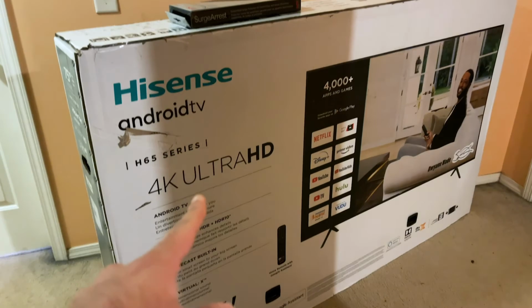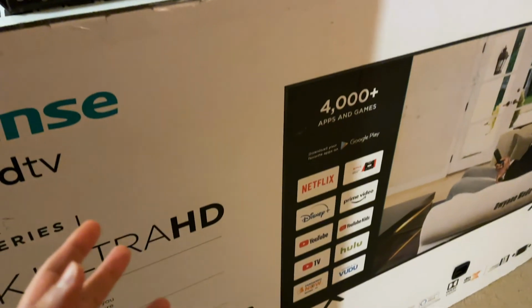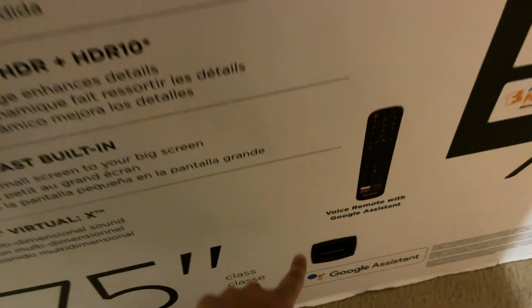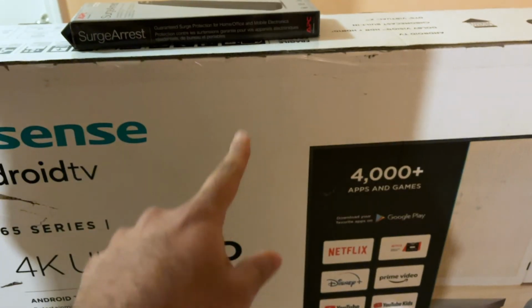So I'm about to unbox this TV in a little bit. Because of the size of this box and the fact that I might need another person's help, I'm not going to capture this on video. I feel like I'll need both my hands for this. There are some instructions up here on top, and it says to basically undo these two clips here, and then this entire top part just lifts up, and then the TV and all the other accessories should be right under there. Let's cut to the part where I already have the TV taken out